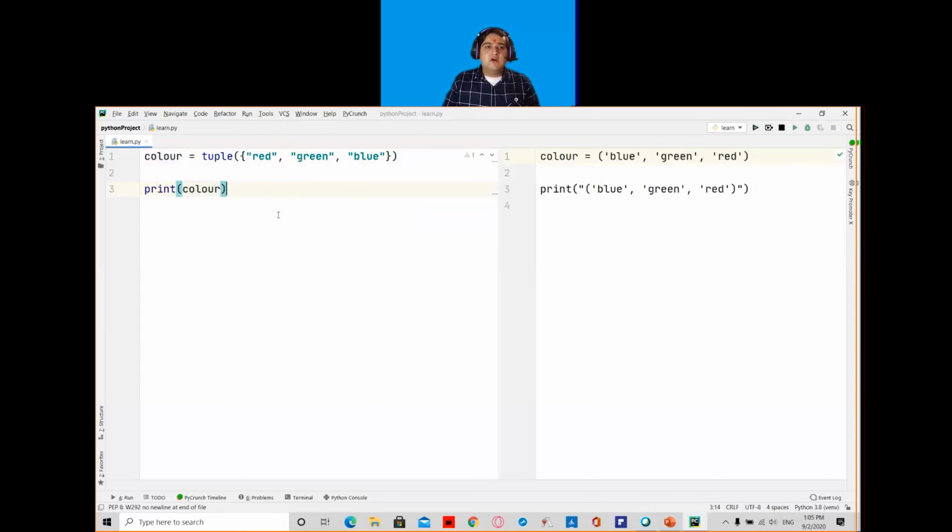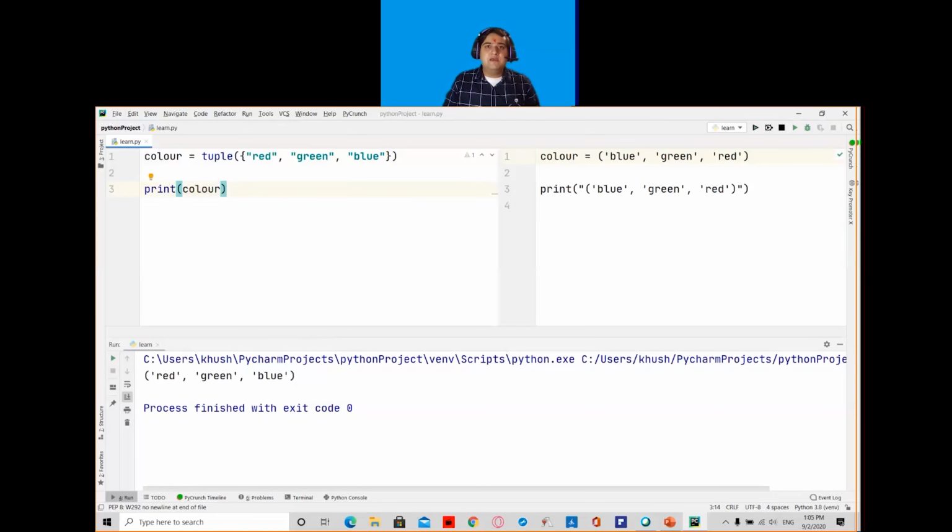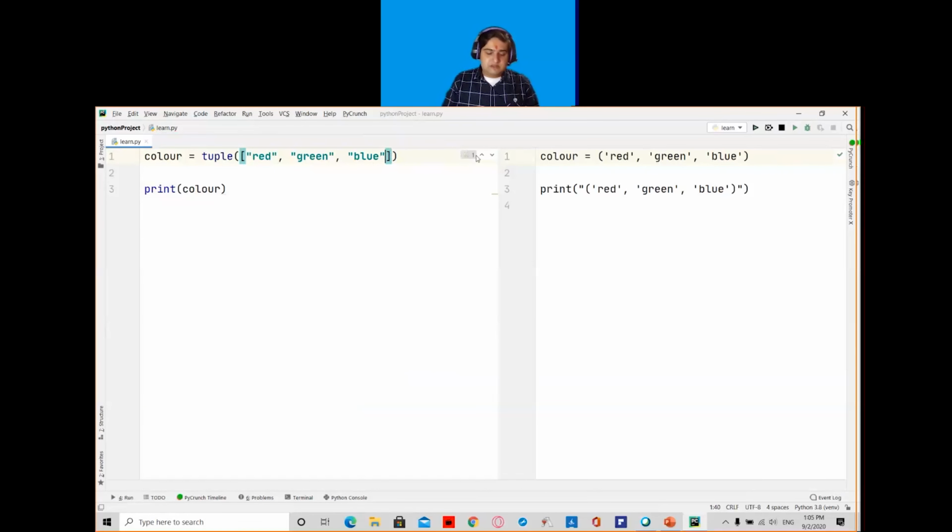Now I will write print and call the variable color. If I run this program, what is happening here? My set is converting into a tuple. You can see the output here is in the form of a tuple. Or you can give a list inside the tuple constructor. Anything inside the tuple constructor is converted into a tuple. So here also, I will change the elements. Instead of blue, I am writing purple. Now if I run this program,